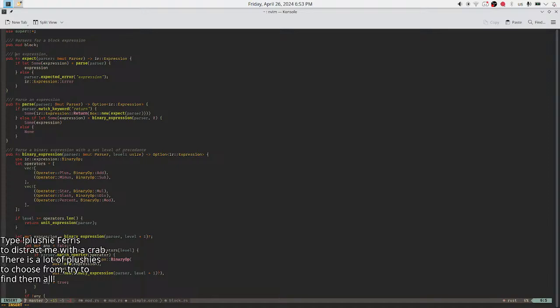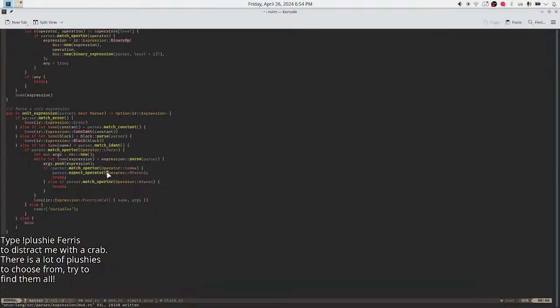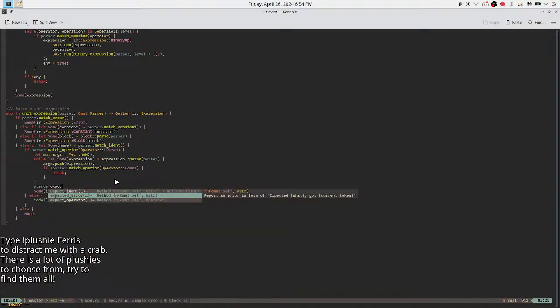And I'm gonna rename this to expect expression error if there is no. And I'm gonna get rid of this and just say parser expect operator.